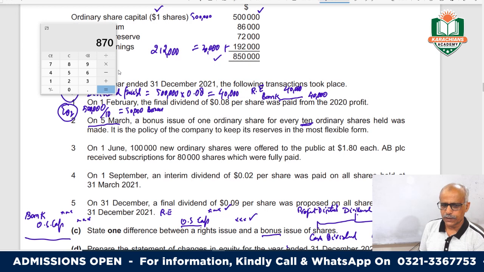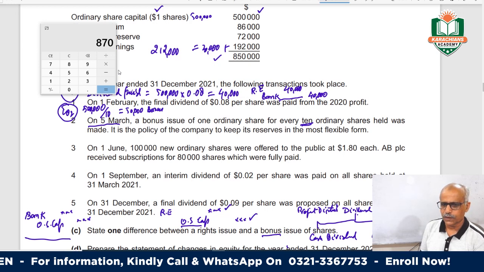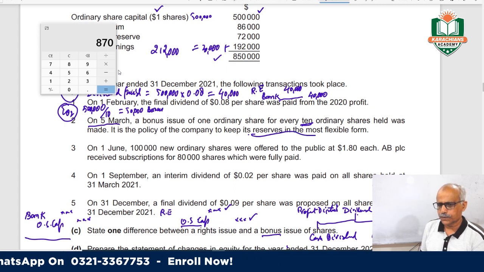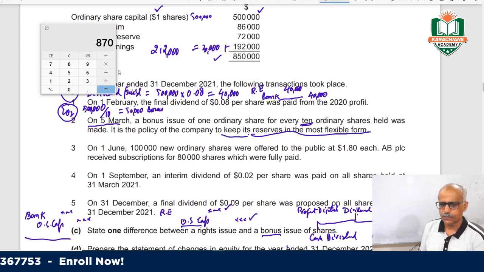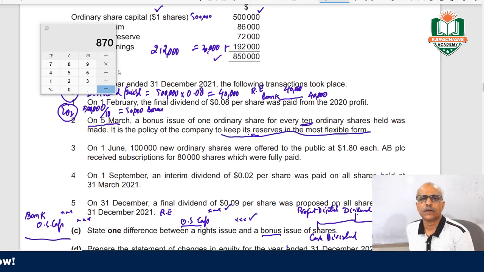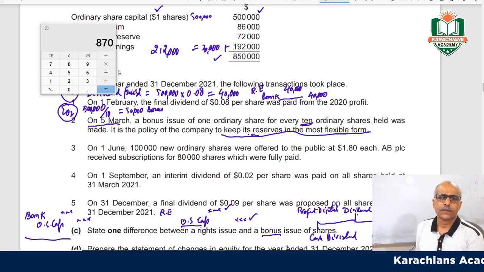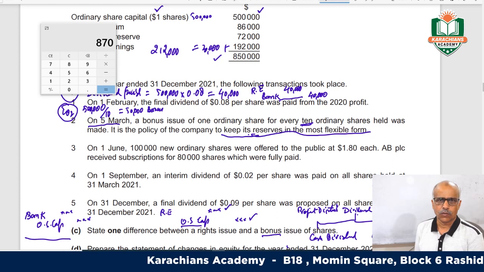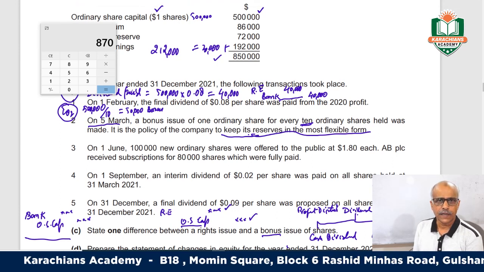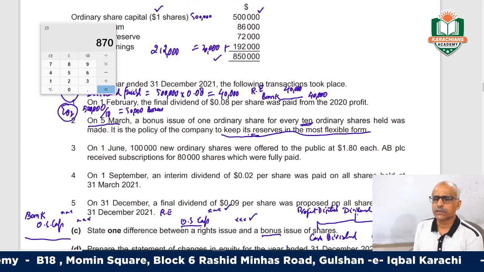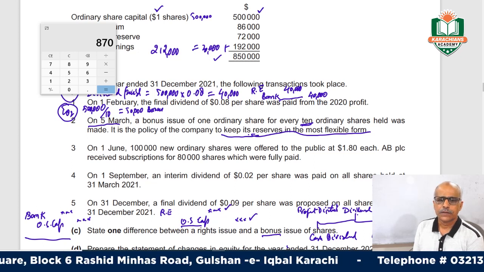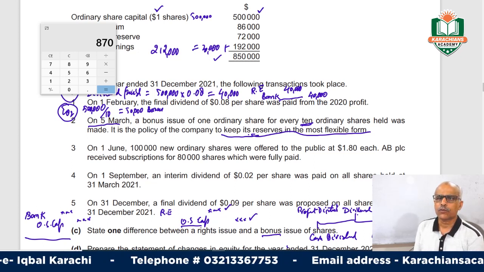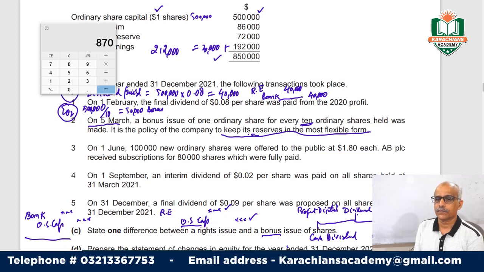This was made in the policy of the company to keep its reserves. This is a very important point. It is the policy of the company to keep reserves in the most flexible form. It means the business has to keep the flexible reserves ready, and all the time they should have them in hand. So some kind of adjustments or payments or dividends, they should not make from